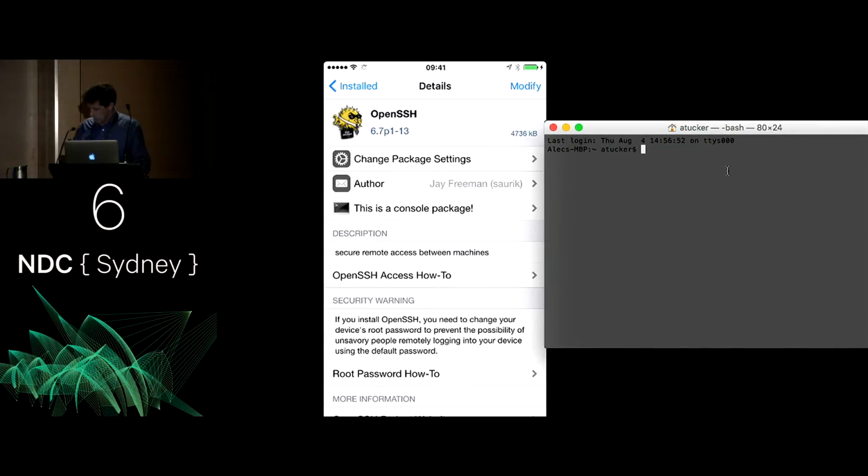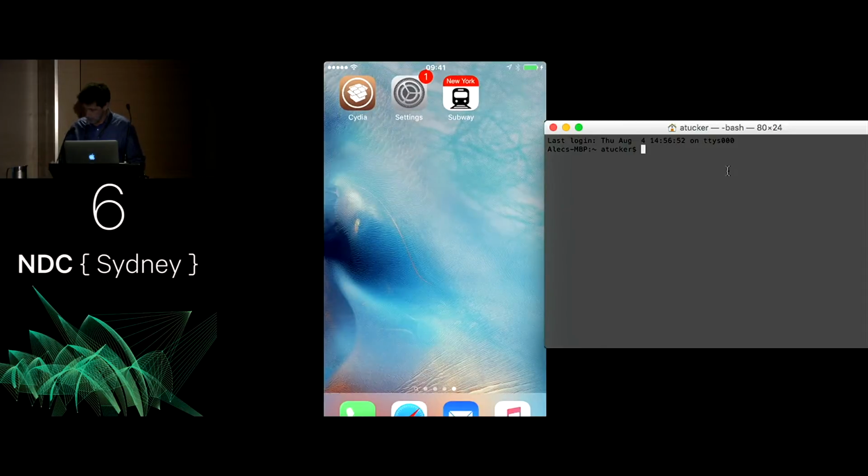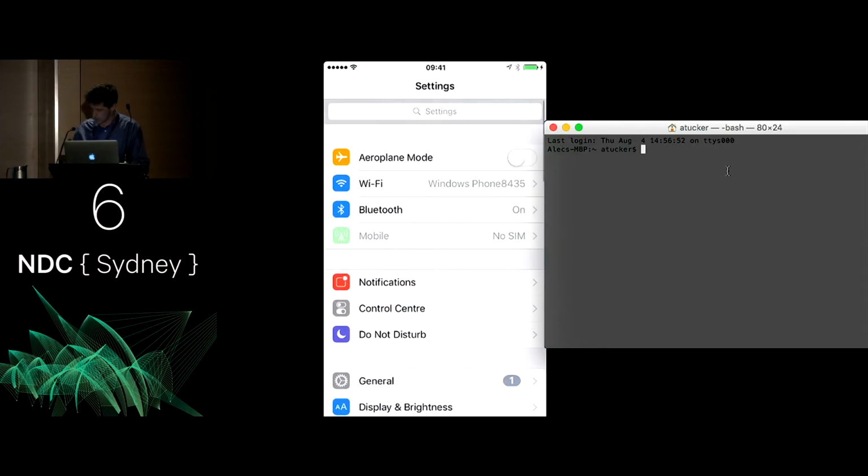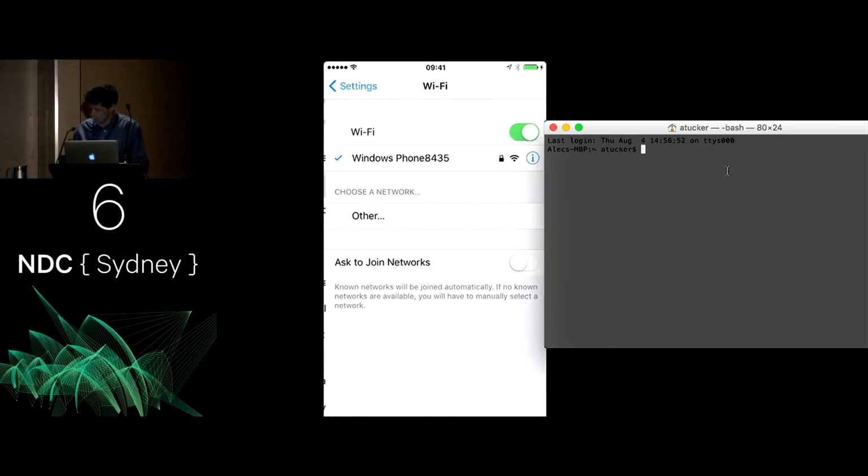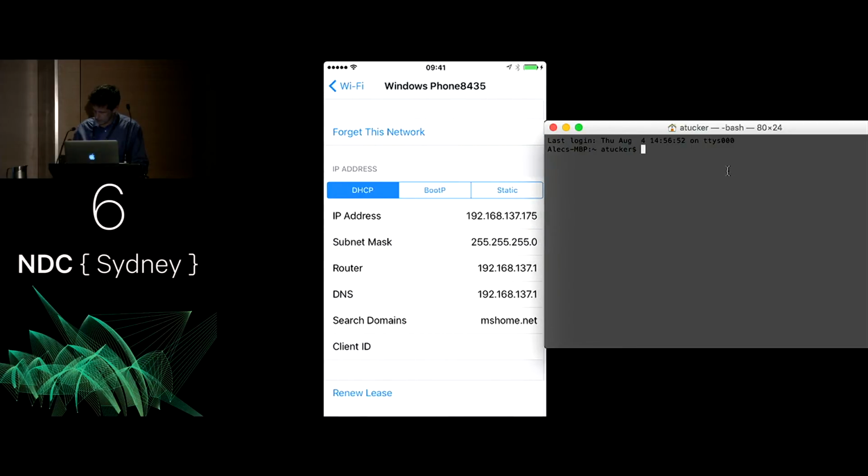I'm just going to go to my network settings on the phone, have a look at my IP address, which is there. And now I can go SSH root at 192.168.37. And now it needs a password.